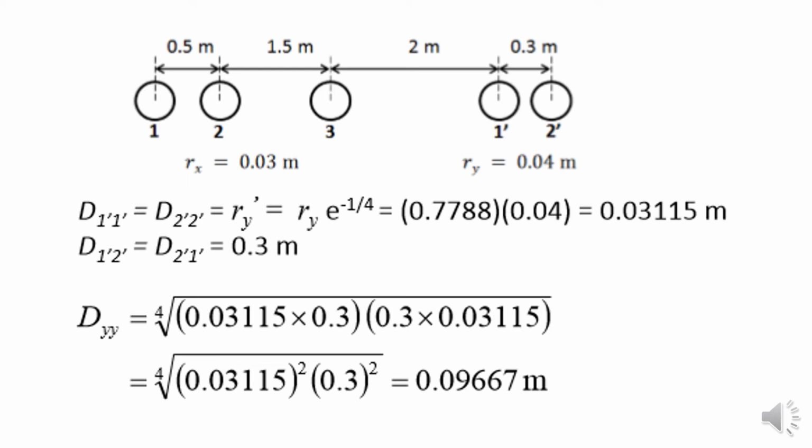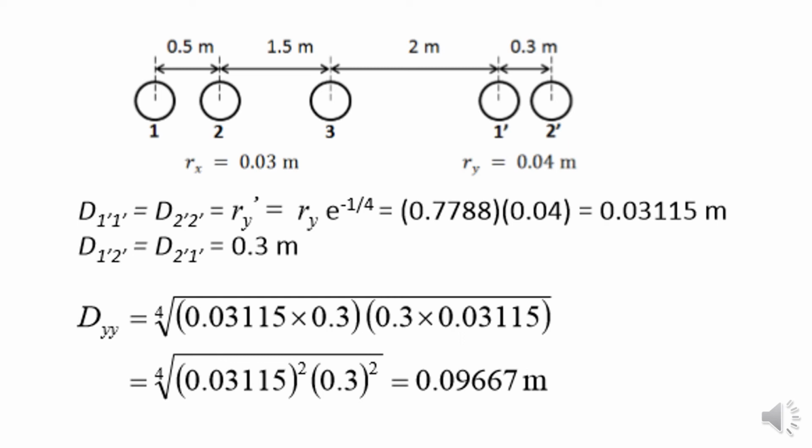As I told you, this e to the power minus 1 over 4 is a given constant. Even though it is conductor x, y, z or anything, that value will be the same, 0.7788. Then Ry is 0.04,